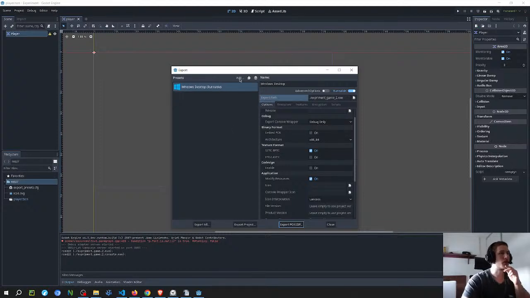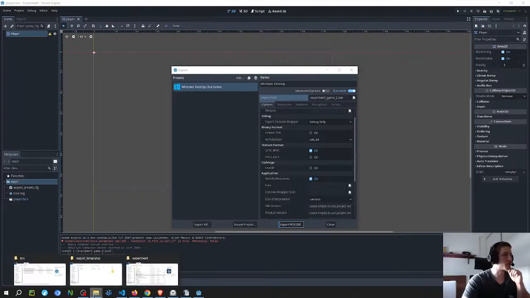So I think when you click on this add here, it's going to look for a directory inside of that folder, which is the folder you should have the export templates. And I think he's looking for the executable because the